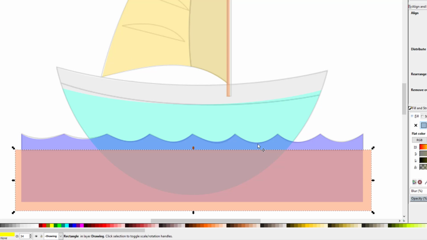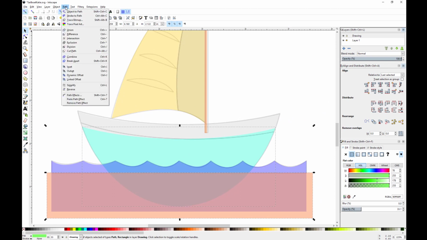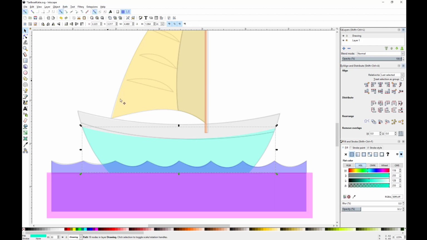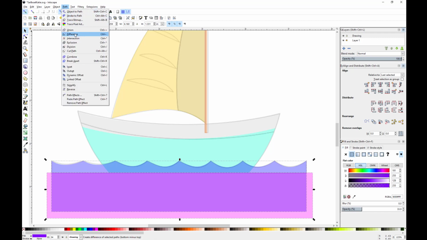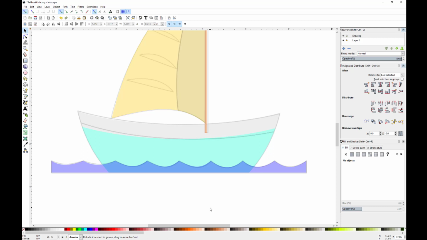We're going to have our selection tool here, and this top one is selected already, so I am going to hold my Shift key down, select the hull of the boat, and then I'm going to go to Path, and I'm going to use that orange rectangle kind of as a die cutter, and have it cut through that bottom hull of the boat by selecting Difference. All right, so the orange is gone, the bottom of the hull is gone, and now we just have the wave left. So select this rectangle, select the waves, and because we last selected it, it's going to cut away from the wave. So I'm going to go to Path, Difference, and here we have our sailboat